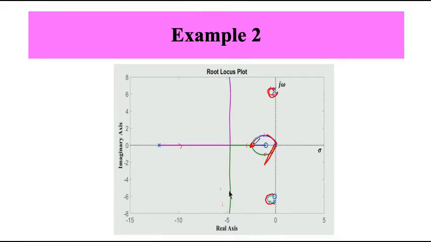Break in and break out points, we can calculate them. Then they are meeting here. One will go on this side, another is coming on this side. Then at this point again they are meeting and then they are breaking away. So 3 points will be there: 1 for breakout, 2 for break in. So the plot says there is a breakaway point here, there is a breakaway point here, and let us look at each of these routes.